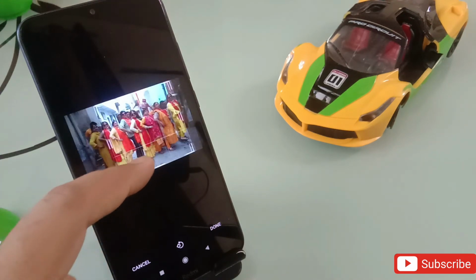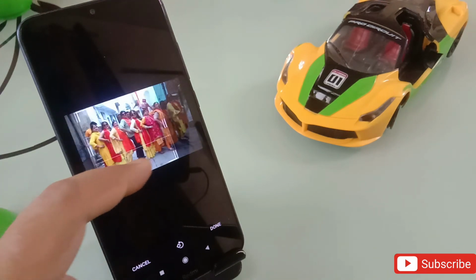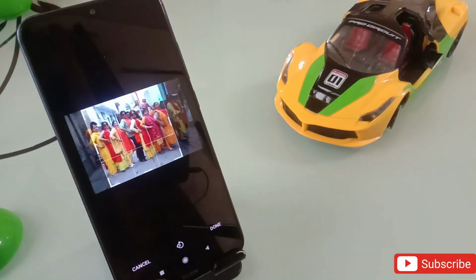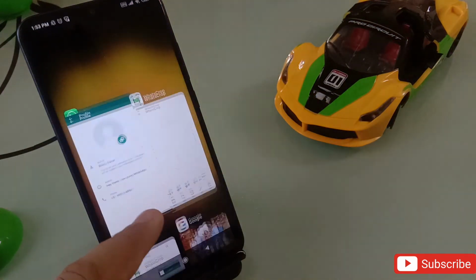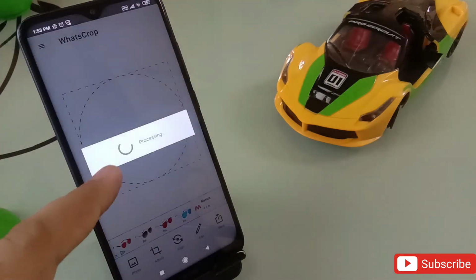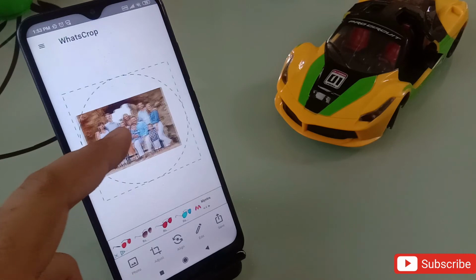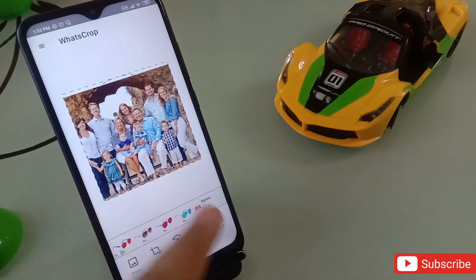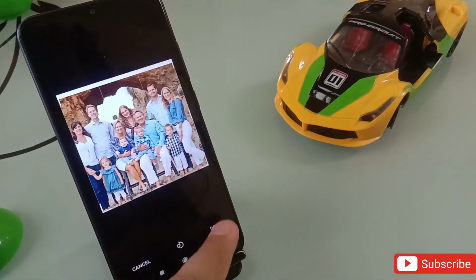This is the big profile photo. Either I have to cut it from there, or I have to cut it from there, but I won't be able to set this full photo. So what I need to do, I just have to go back to this application, and here I have to select a big photo. Now let's suppose if I select this one here, this photo automatically comes in there. I can adjust this one like this, and this photo will get set, and then I can set it on my profile photo.